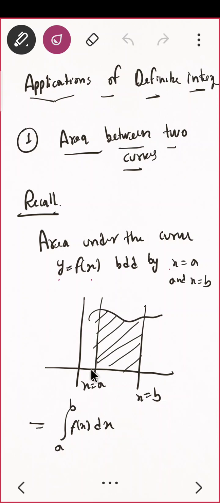What I am doing actually to find the area under this curve, I am inserting a ray. Suppose I am putting a ray here and see what is the entry point and what is the exit point. When I am putting this ray from here to here, it is first cutting the curve at y is equal to 0. Do you agree? And the exiting point, this ray will exit from y equal to f of x. Is that okay? I'm putting a ray here that is cutting at y is equal to 0 and y equal to f of x. The entry point is y is equal to 0 and exit point is y equal to f of x.